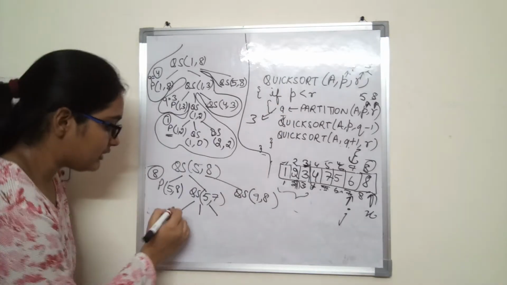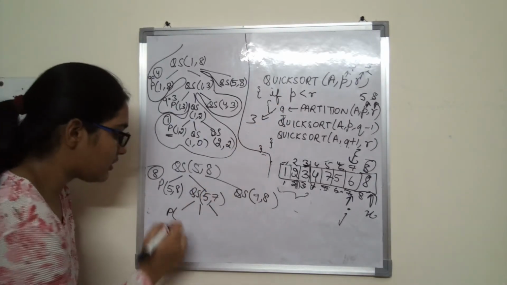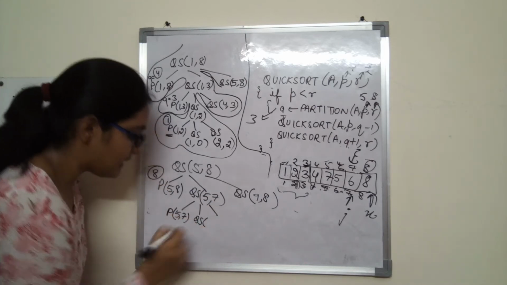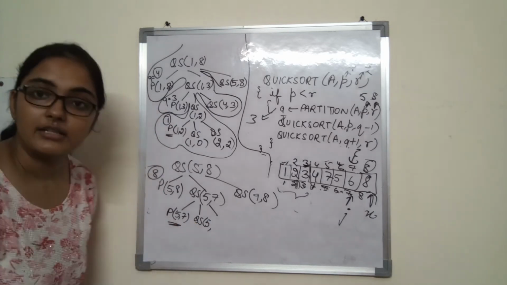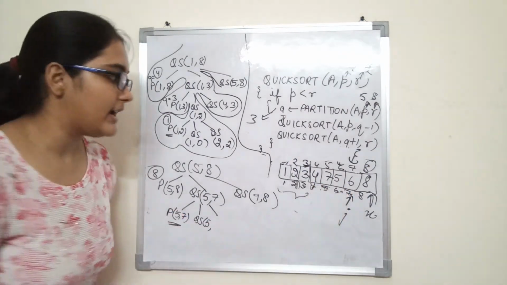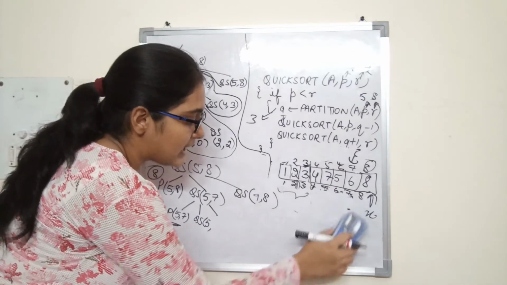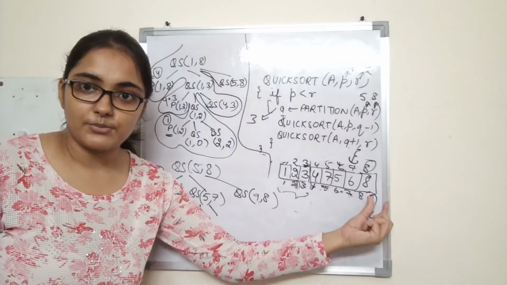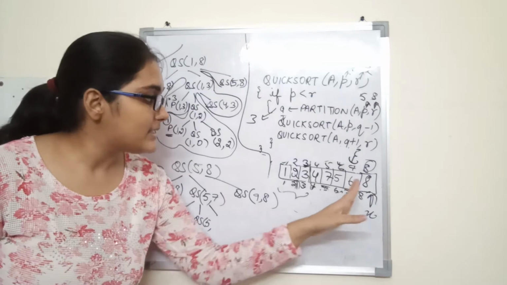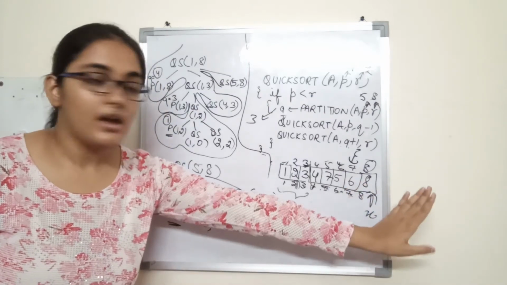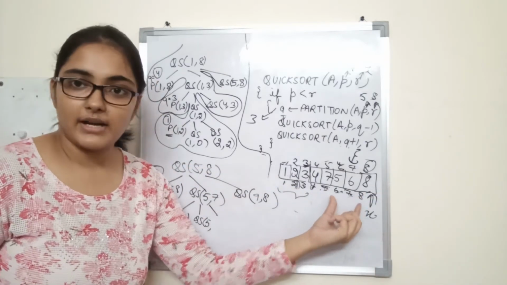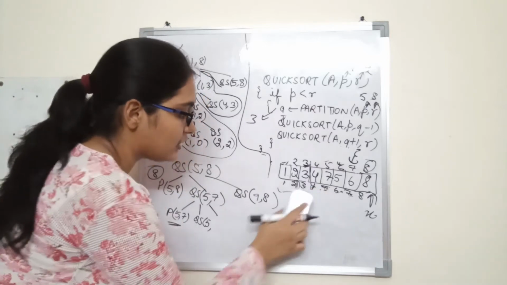Now when quick sort is called, what are all the things that quick sort has to cater to? Quick sort has to call partition on 5 7, and then quick sort on some value depending on what this partition function returns. So let us first call partition on the indices from 5 to 7, right? Why are we calling on this part? Because this is already in its correct position, alright? So we have to call partition on this part, and if there would be some element after this, we would be calling it on the right side also in the later part, but there is no right side, so we are calling partition now on this part.